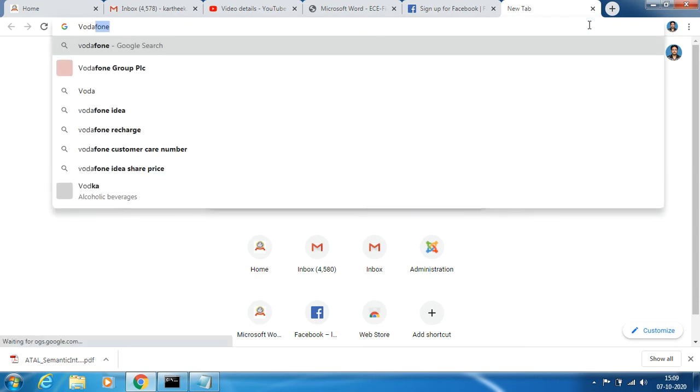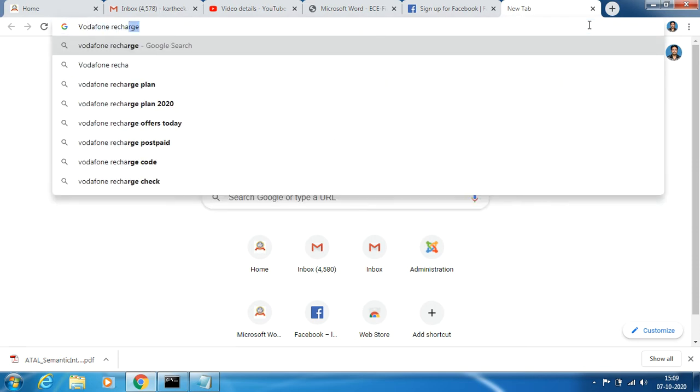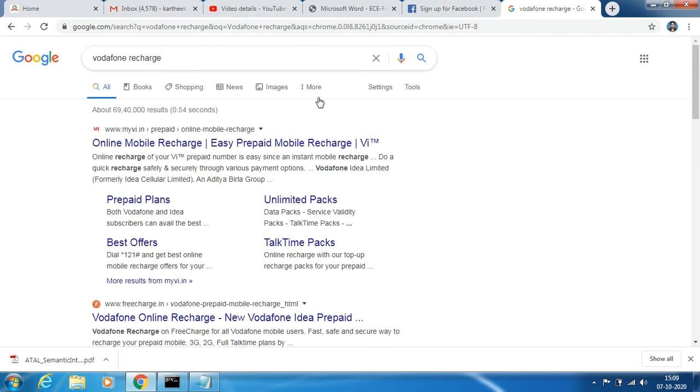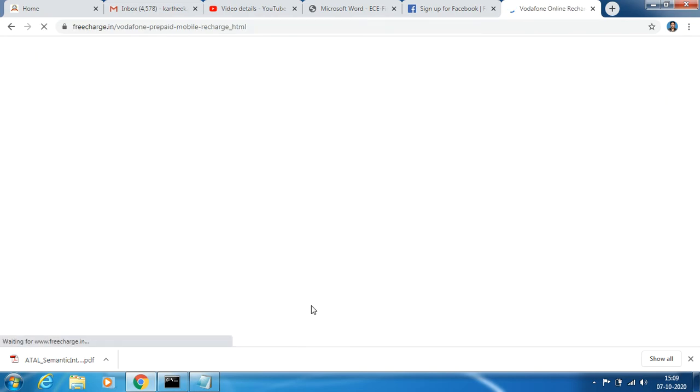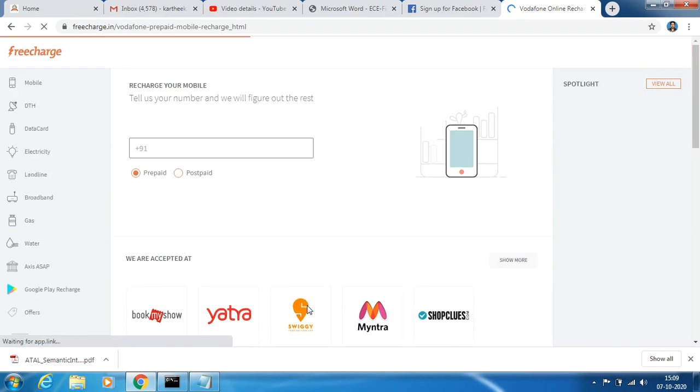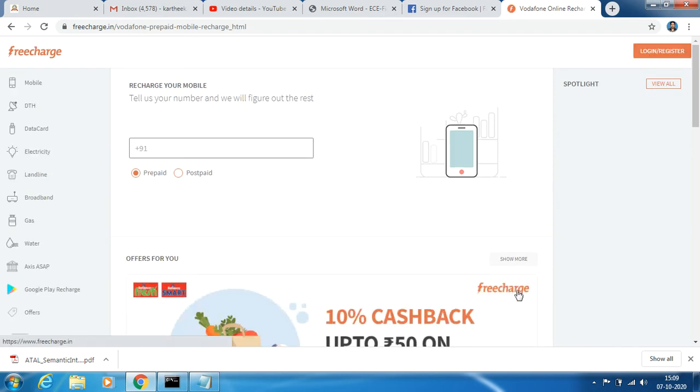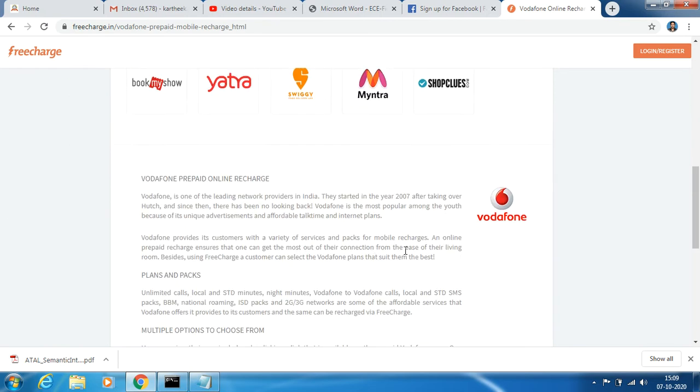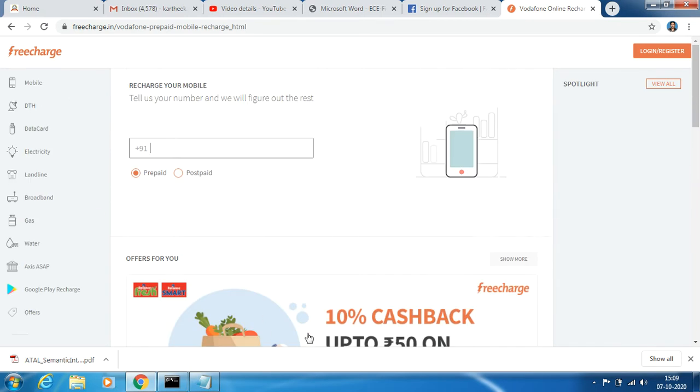Take a Vodafone recharge website, where you can choose some kind of city. In general, the recharge options of different networks may depend upon the area in which you are.